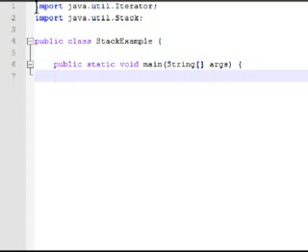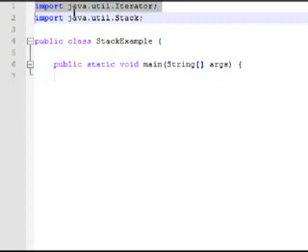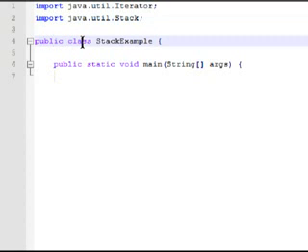The first is we import java.util.Iterator. The second one is we import java.util.Stack. We name the class